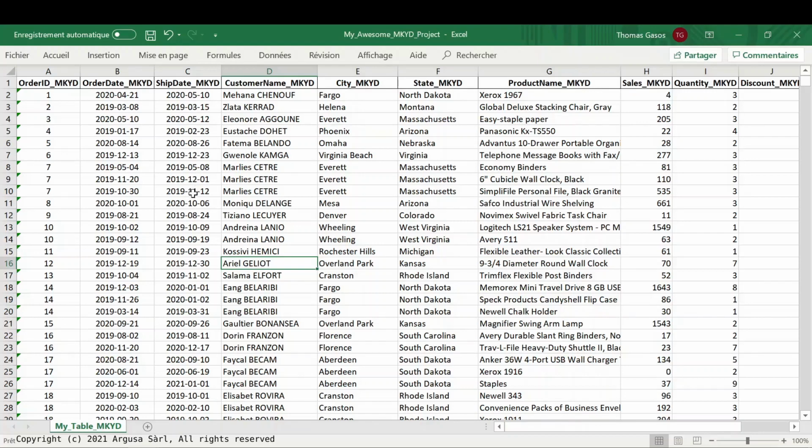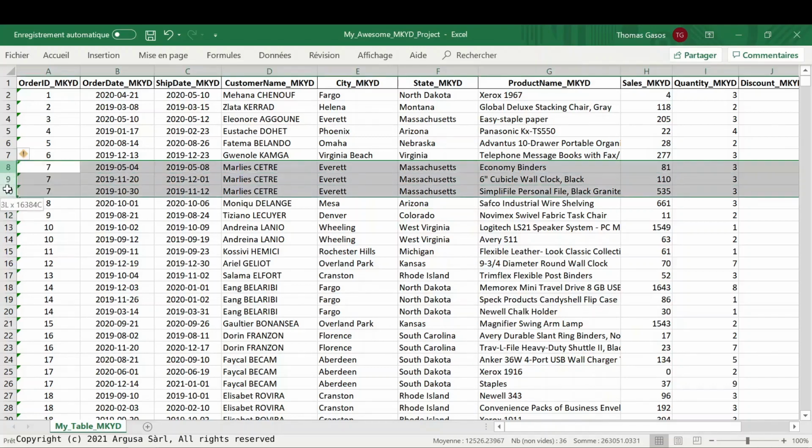after the order date. We have new customer names which are French sounding, such as Eustache or Leonore, as we selected in our configuration. For cities and states, we can see that the geographic logic is kept, with Phoenix in Arizona or Denver in Colorado. Moreover, we see that if we had lines with the same order ID, name, city, and state in input, they are also identical in output, as here with lines 8, 9, and 10 that have the same name, order ID, city, and state, but they have different product names.